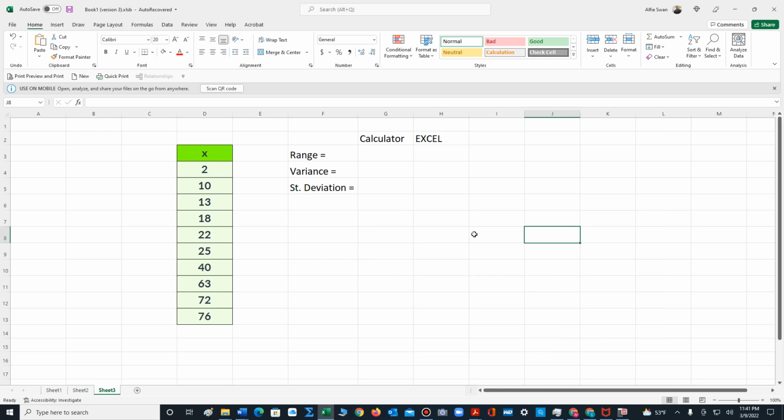In this video, I will demonstrate how to compute the variance and standard deviation using a calculator and Microsoft Excel. The range is straightforward. The range is simply the highest minus the lowest. It's 74, and that will be the case for both the calculator and Microsoft Excel. But when it comes to computing the variance and standard deviation,